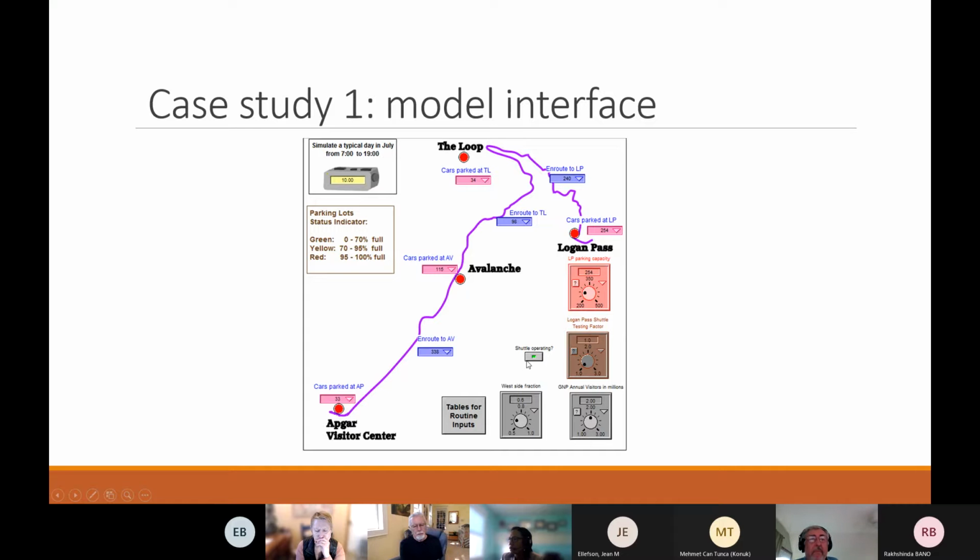And then there are buttons like you can turn on and off the shuttle operation. You can change the fraction of visitors entering from the west side. You can change the number of annual visitors in millions. And then you can also test the shuttle factor, meaning if you double